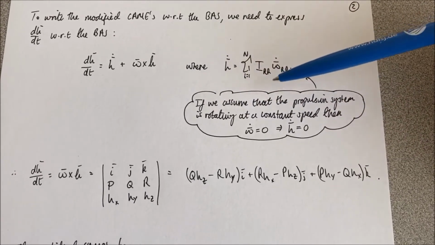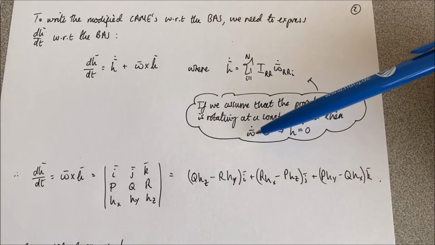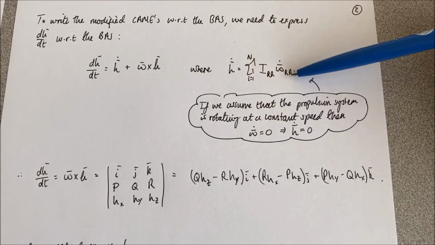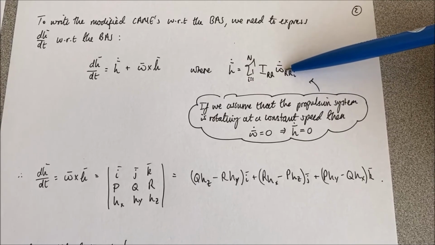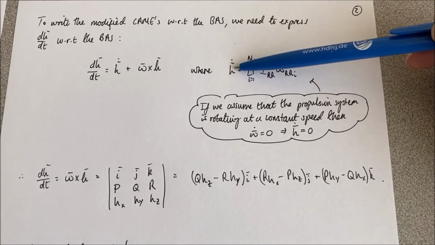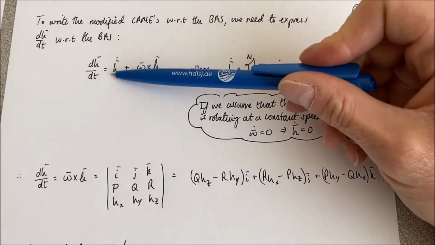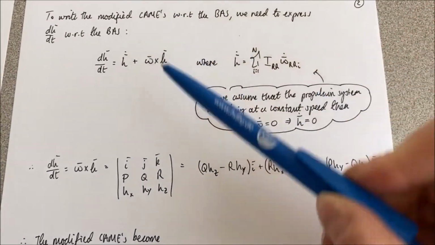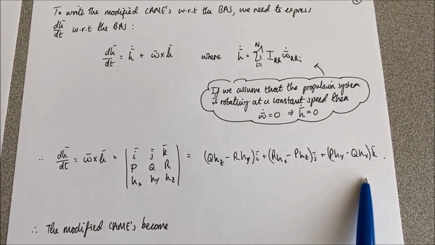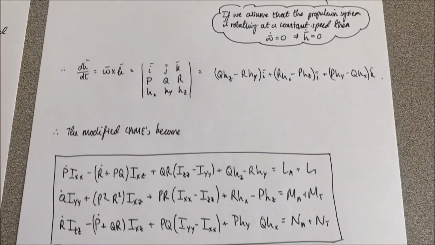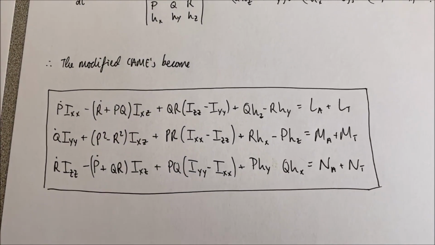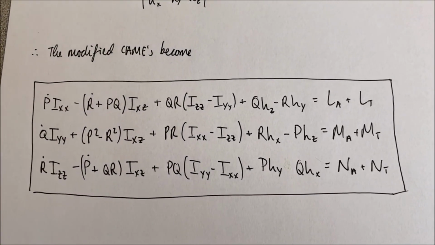the rotational speed is constant, which means the change in rotational speed is 0. So if omega bar dot is 0, then that tells us that h bar dot is 0. So this term disappears. So we're just left with this cross product, which we can calculate in the usual way, and therefore we can rewrite our modified conservation of angular momentum equations to include the rotor effects